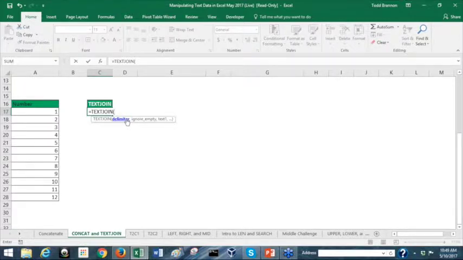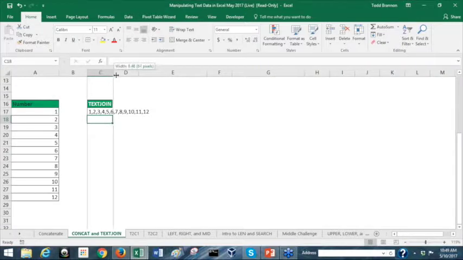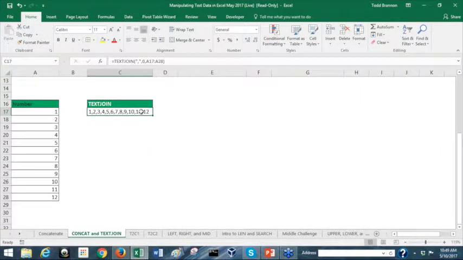So I'll choose my delimiter. This time we'll just go back to comma, or I could do period, I guess, but we'll do comma. And yet I don't have to really ignore empty cells because I know I don't have any. I can put 0 or 1. But in this case, I'm going to select this range. And see what happens here is it joins all of those, and I didn't have to do each individual cell reference on their own. That's another thing that I really love about this function,